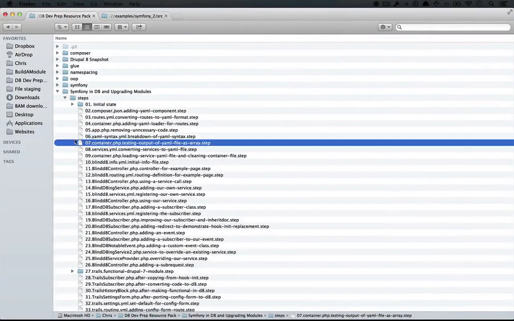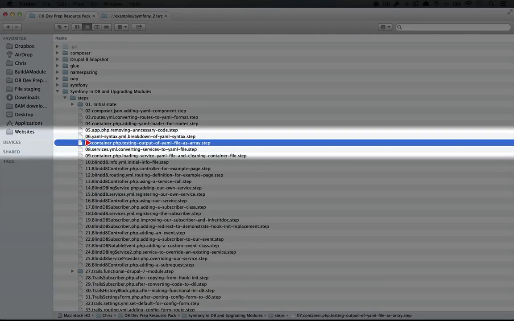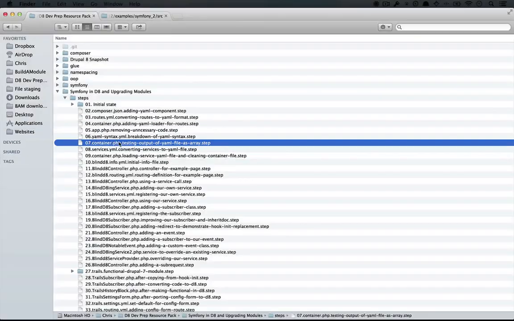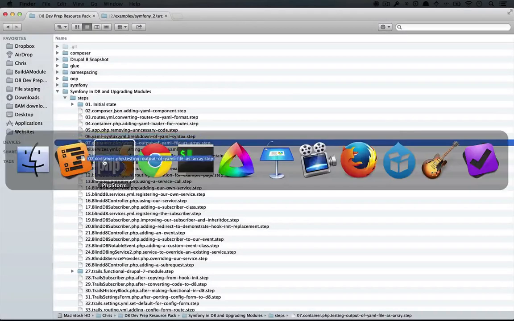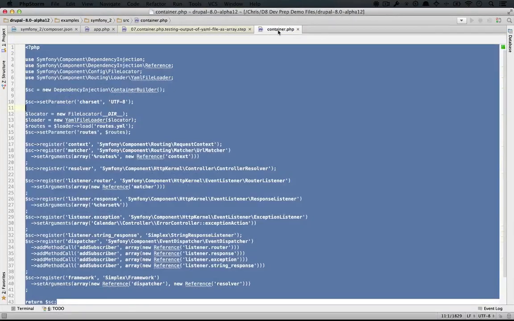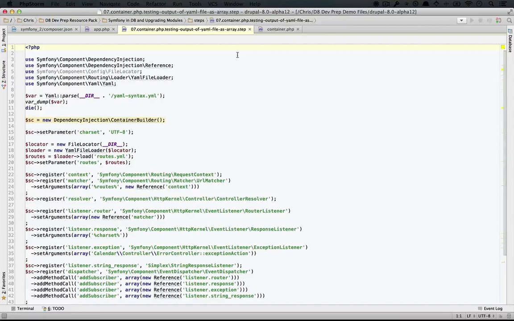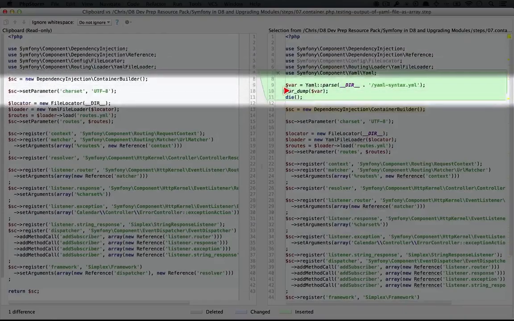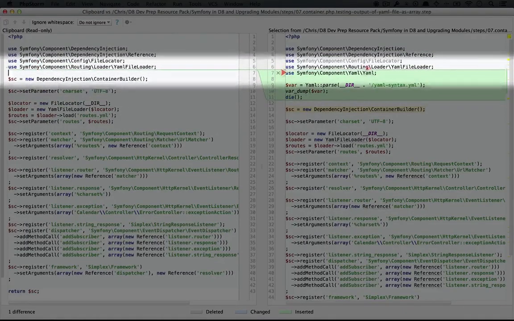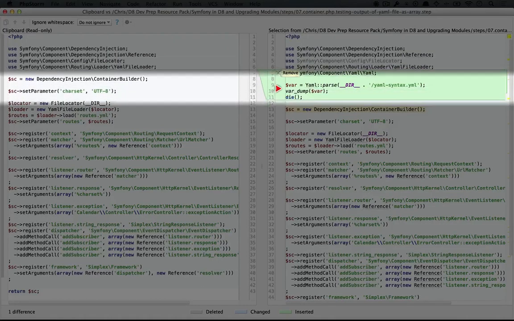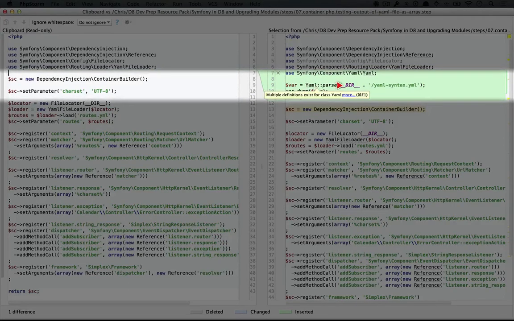So I'm going to go back to the resource pack, and let's open up the seventh step, which is container.php, testing output of a YAML file as an array. I'm going to compare the container.php code to what's in our step file. So you can see we're just adding this chunk right here up at the top. We're using the YAML Symfony component, and then we're using the YAML class, in particular the parse method, which is a static method, you can tell because of these double colons here, and we're passing it the location of the